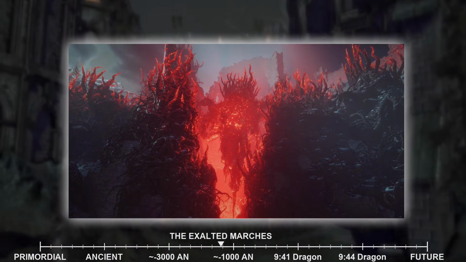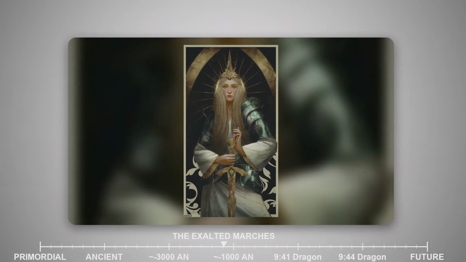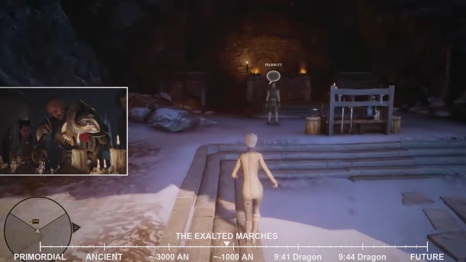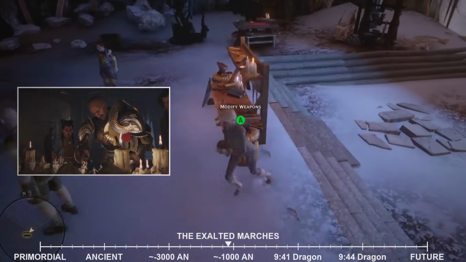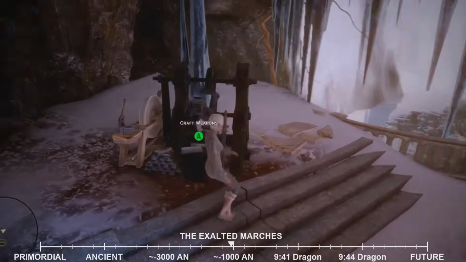Around 870 Ancient, a prophetess named Andraste emerged from the Alamari tribes, a charismatic figure who preached a revolutionary new faith. She spoke of a single, benevolent creator god, the Maker, who had abandoned humanity due to their hubris and sin, particularly the worship of the old gods and the practice of blood magic.